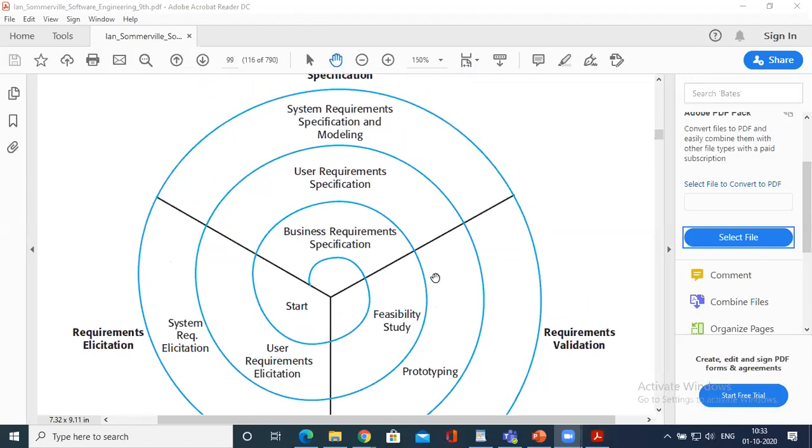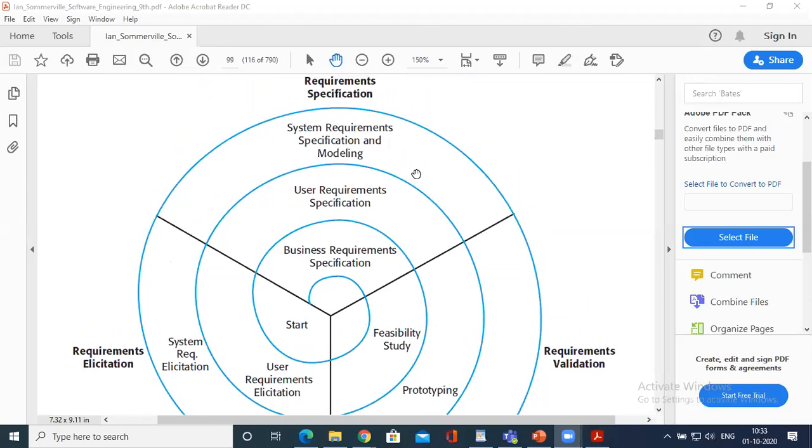How he has divided the spiral model among the different types of requirement. That is requirement specification. Try to understand. Requirement elicitation. This is one part. Hopefully you can see requirement validation.